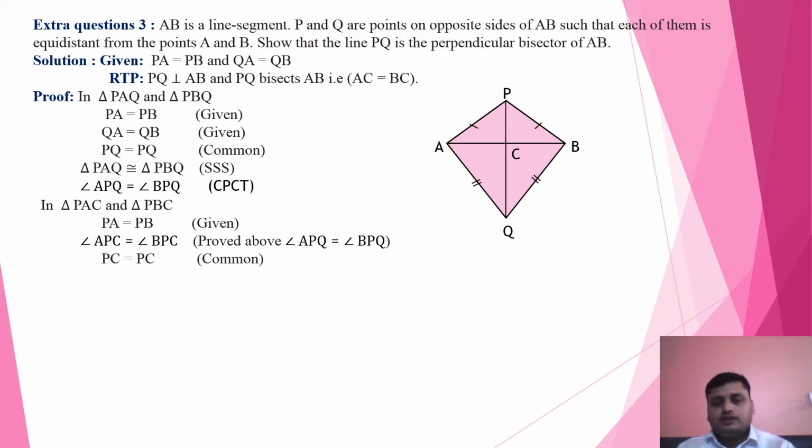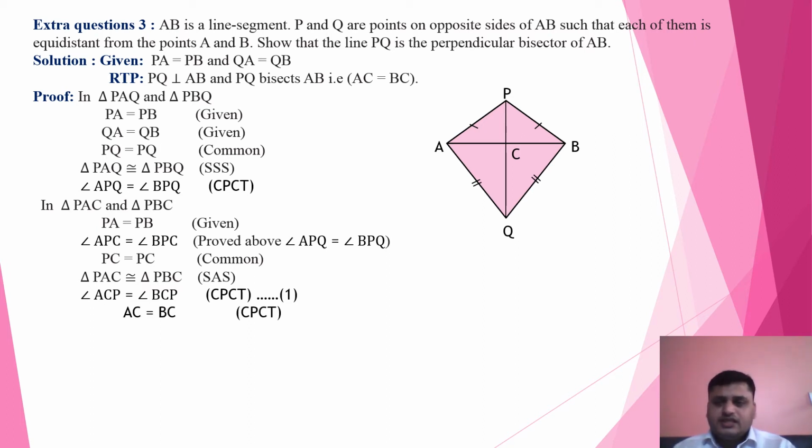So these two triangles become congruent by which criteria? That is triangle PAC is congruent to triangle PBC by side angle side congruency. And if triangles become congruent, then this angle will be equal, that is angle ACP is equal to angle BCP by CPCT, and assume this CPCT as equation number 1. Now you can say that AC is equal to BC. This we will also write in CPCT equation 2, because we need to prove two things. That's why I have taken two things, because when triangles become congruent, the rest of their corresponding parts are equal.